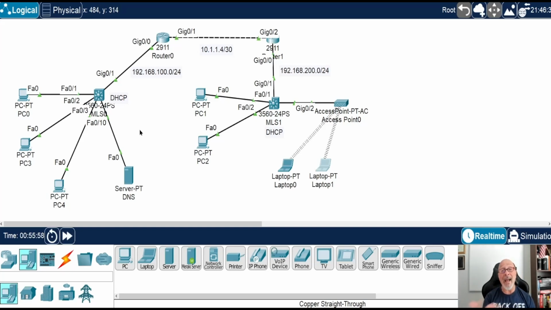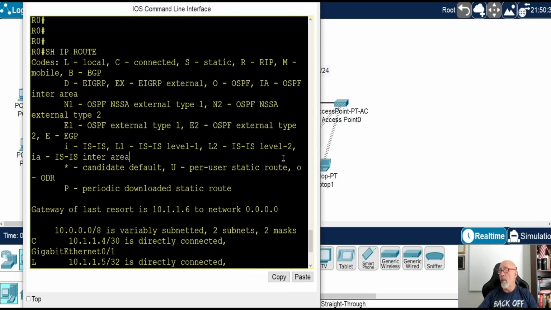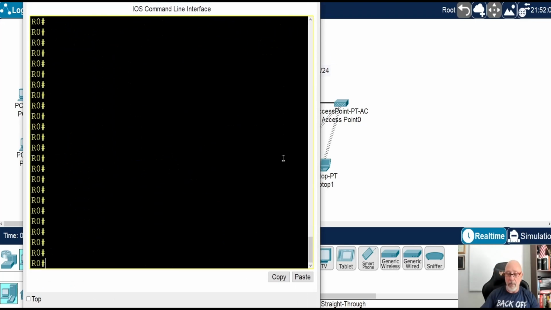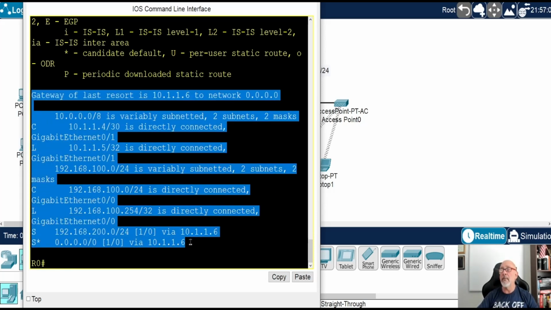So if you were to get asked the question, let me open it up so you can see what I'm saying. Okay, so let's get rid of all this. Let's do a brand new show IP route. So if you get asked the question, based on this following output, and you're trying to get to the 200 network, will you use the default route or a static route?